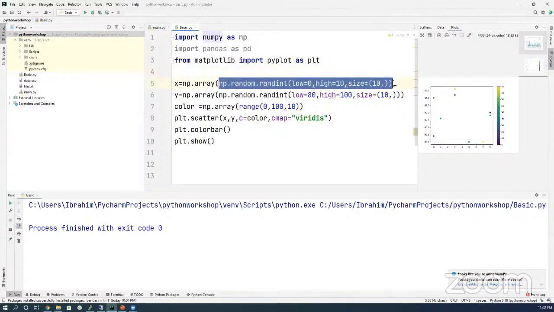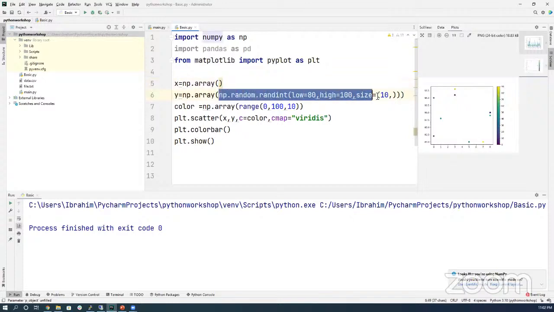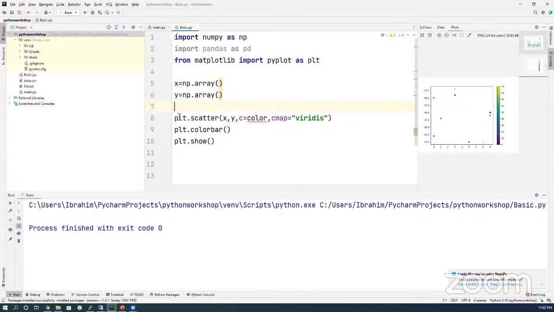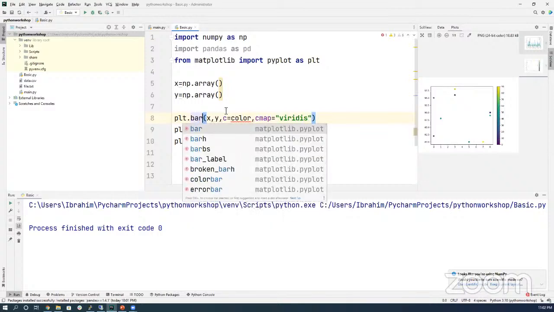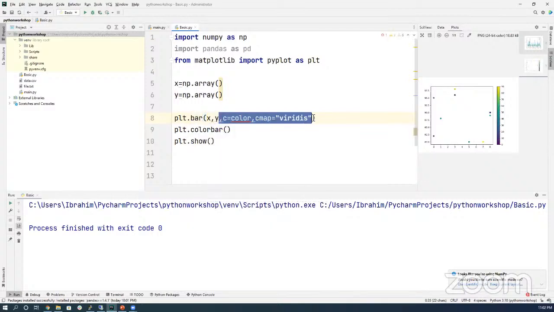Okay. Same as we have an array for X and an array for Y, here we will use bar with X and Y. It just changes the plot to bar, and we don't need the color bar here. Here we have our data. Suppose I have